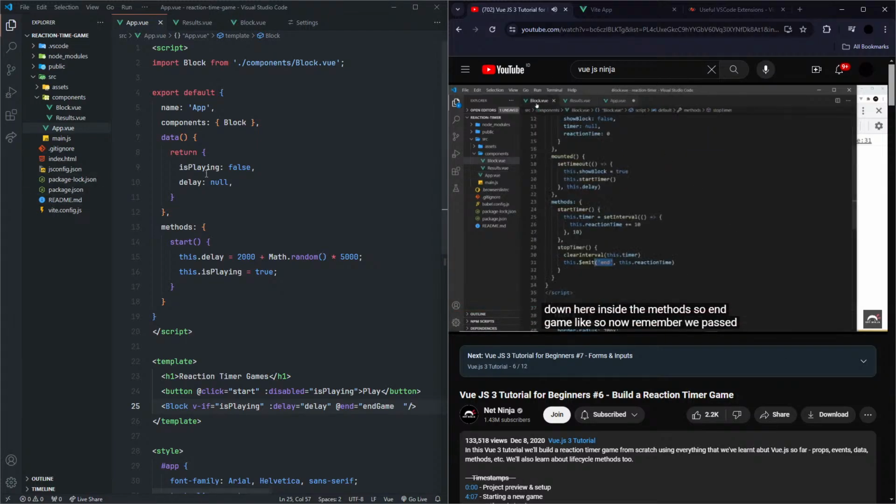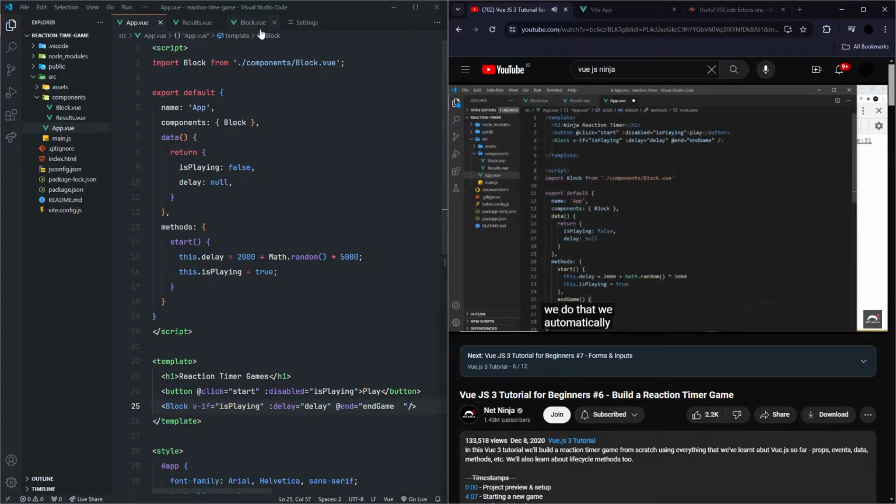Now remember, we passed along this second argument, this data, and when we do that, we automatically get access to it as a parameter inside the function that we use to handle that event. So let's do that. I'm going to call this reaction